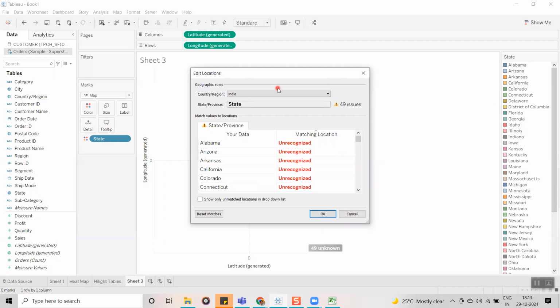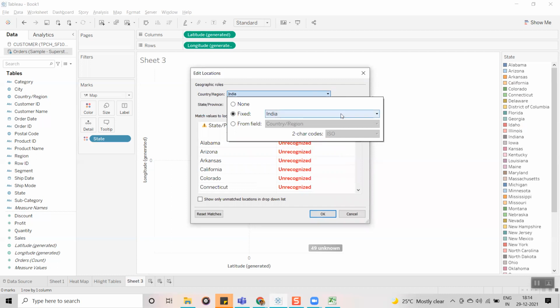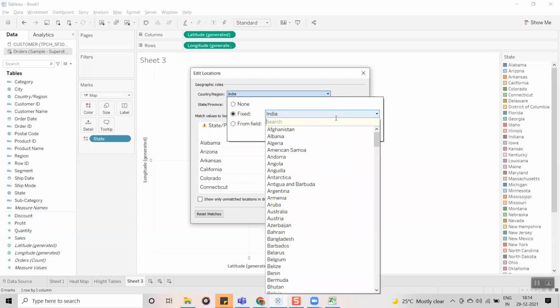No. All these states belong to America. Because of this reason, here it is selected India, and it has not identified the latitude, longitude values for this. So now what I am going to do is change India to United States.